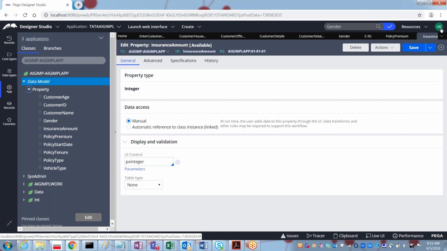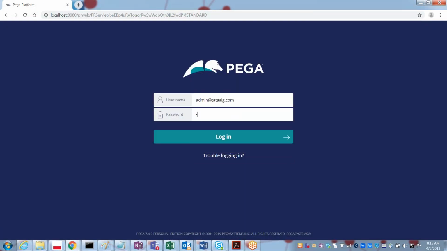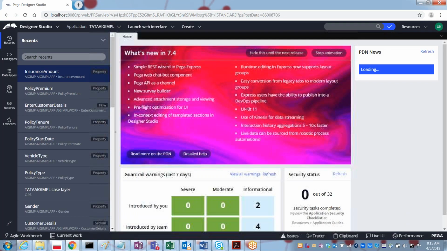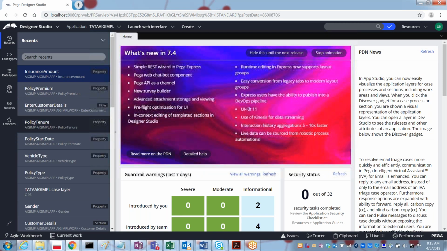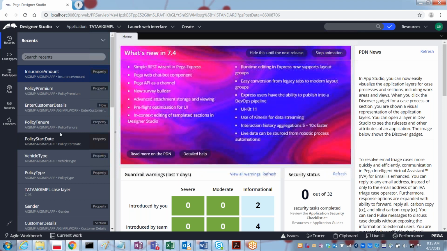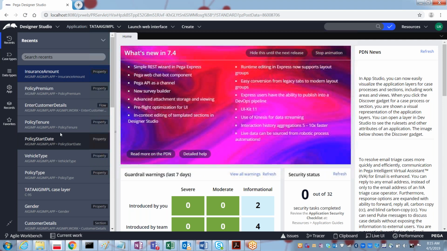It looks a little slow, my application. Let me restart. Yes, I got it. Once we have all these properties, what is the next thing we need to create? Where will we be placing all our controls and properties?